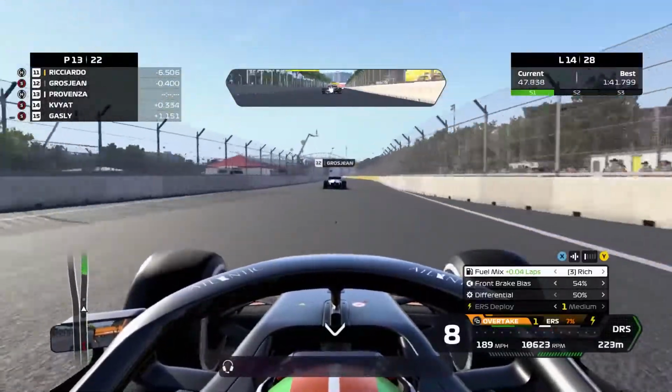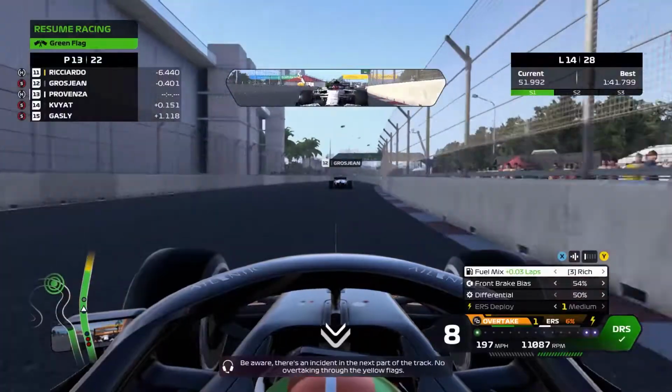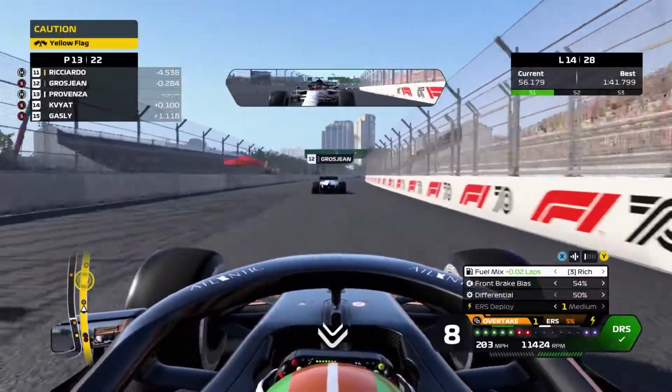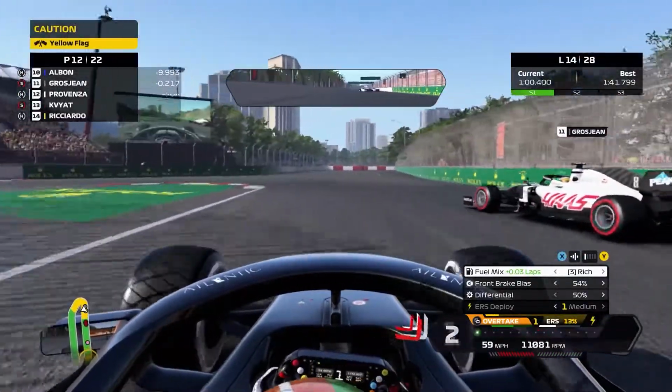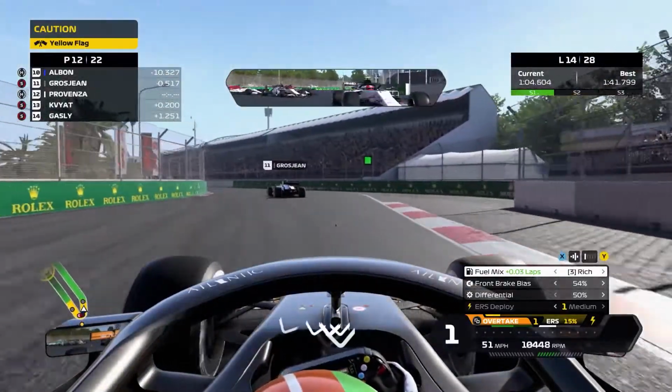And ooh, yellow flags ahead. I wonder what's causing that. Be aware, there's an incident in the next part of the track. Ooh, yeah, got a bit of a run on us, and oh, smoke ahead. Danny Ric, oh, the Renault is very slow. I was expecting him to be going a little bit quicker, but whew, we managed to dodge our way past him,